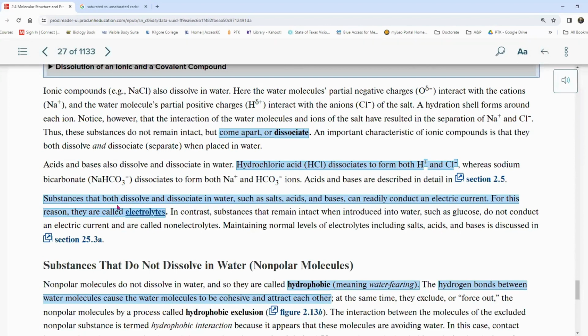So substances that both dissolve and dissociate in water, such as salts, acids, and bases, can readily conduct electric currents. This is what we call electrolytes, because they conduct electricity. This is one reason why they tell you to drink Pedialyte or Gatorade. They have electrolytes in them, like your magnesium, your chlorine, your sodiums. If you notice, all of those have a positive or negative charge. Ergo, it takes positive or negative charges in order to generate